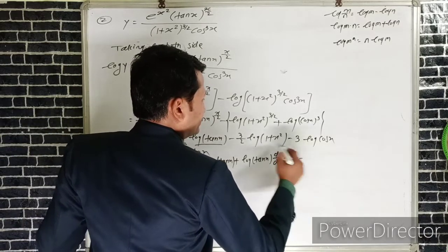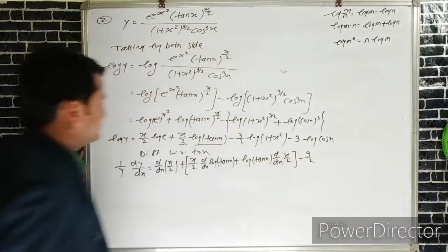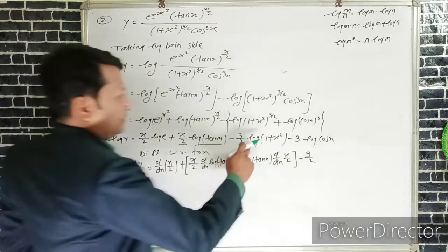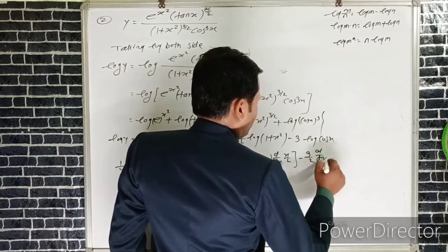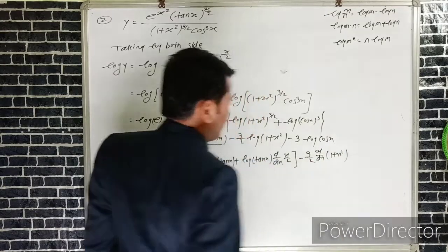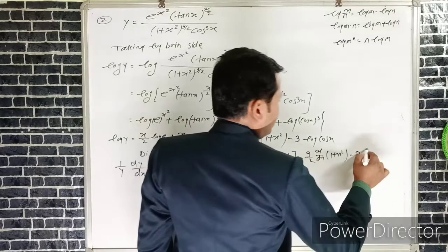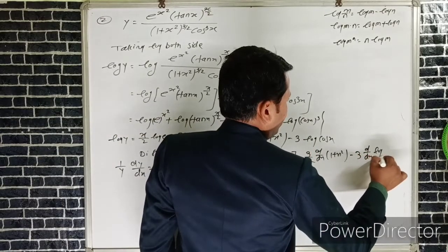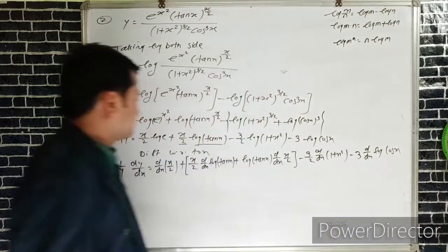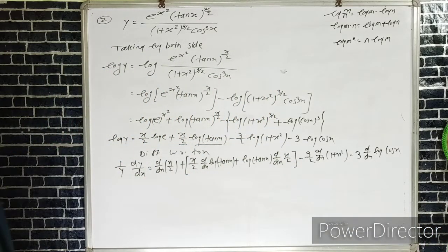Minus 3 by 2, which is a constant. We can take the derivative of 1 plus x square. Minus 3 is again a constant. We can take the derivative of only log of cos x. After that,